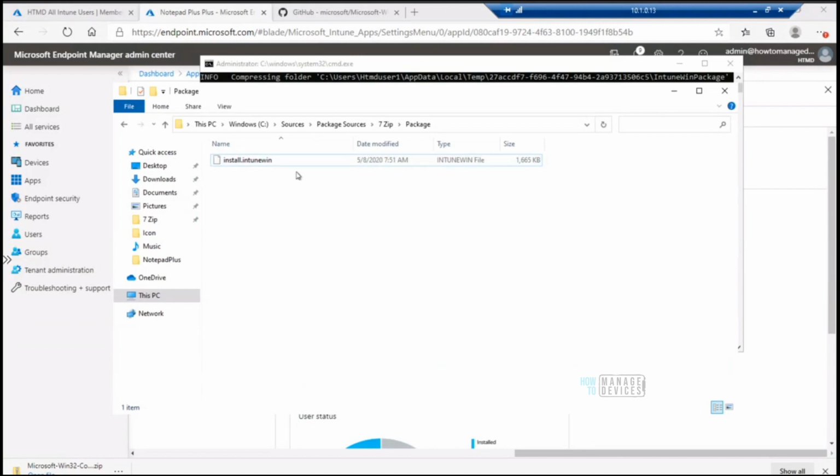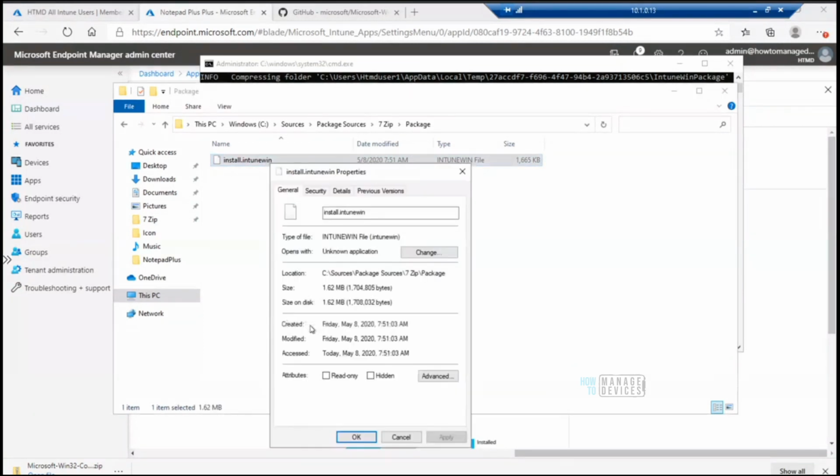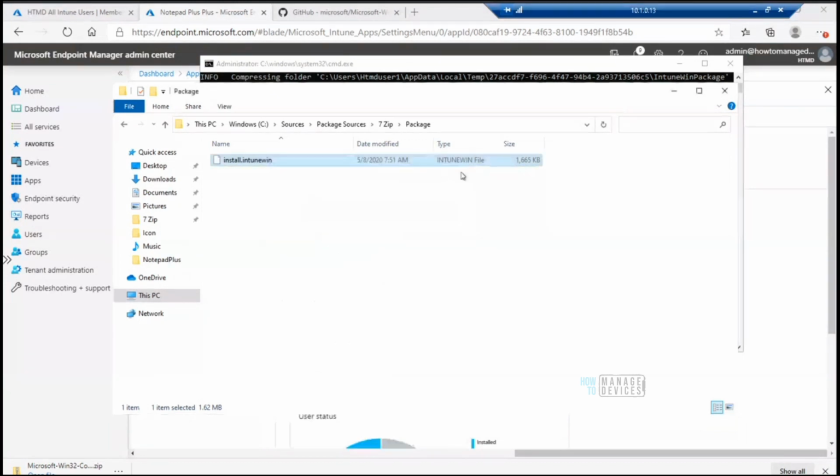That particular Intune Win format, okay, so I got it now. That is why it is a wrapping of all your files. It will wrap all your files and upload them as one file into Intune, and during installation it will unzip the file automatically and install as per our install.batch file. Now I got it clear.